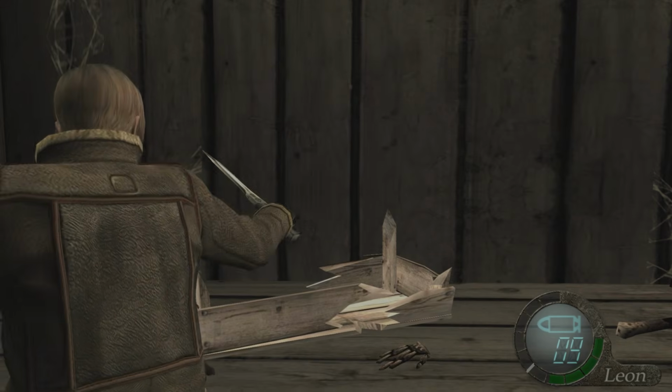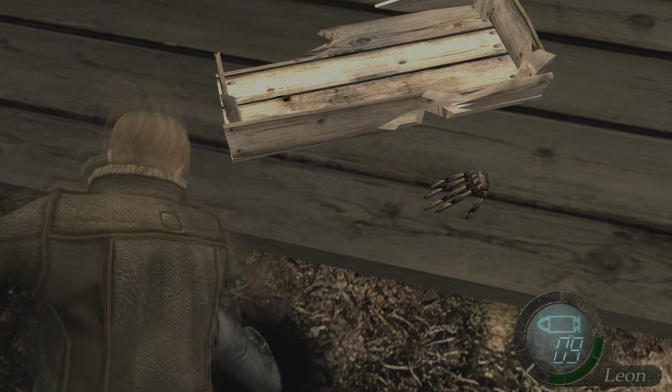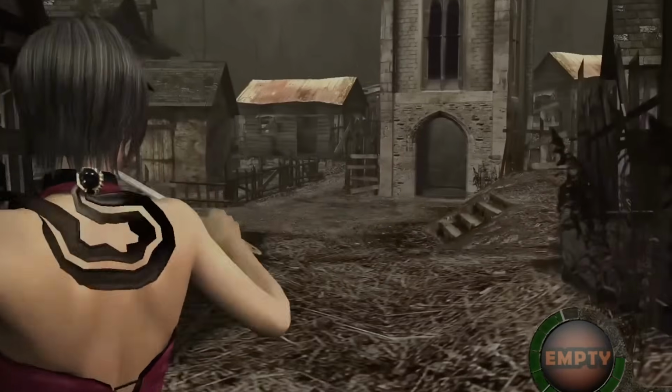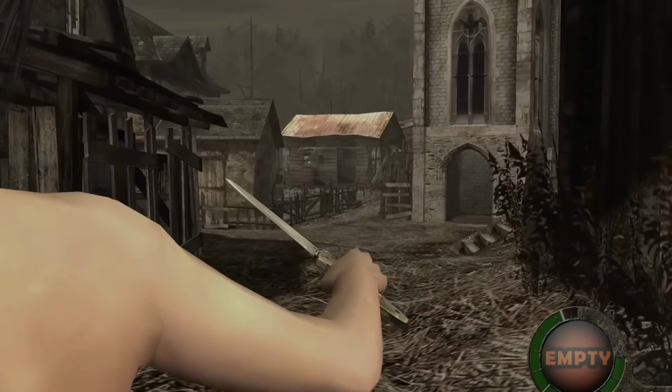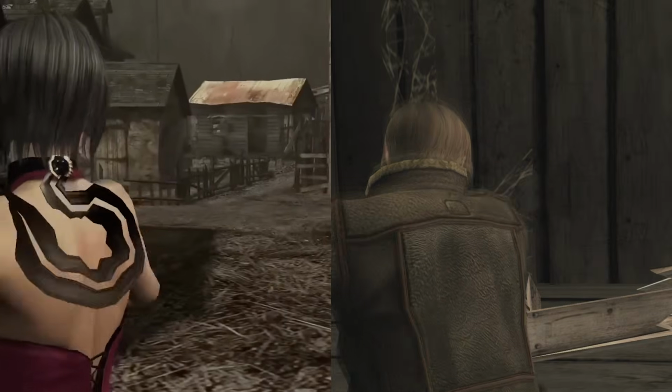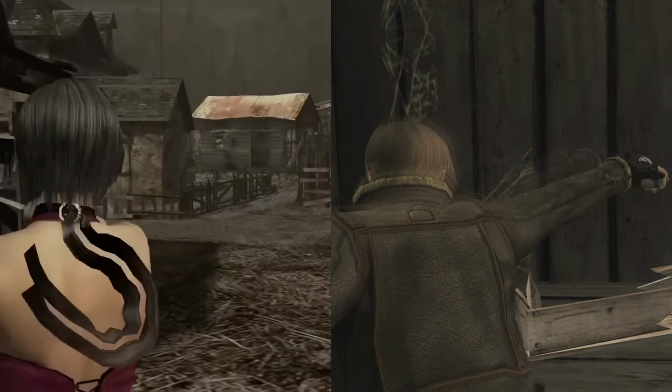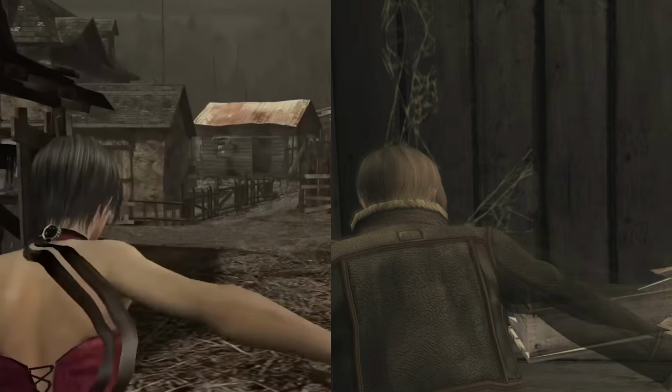I find the knife swipe animation to be a bit weird. I don't know, I feel like the direction is more like waving a wand rather than slicing a knife. Ada's animation is a bit more fitting, I find. It has a bit more force behind it, and I think it's down to it being more horizontal. It's not much, but it makes all the difference.